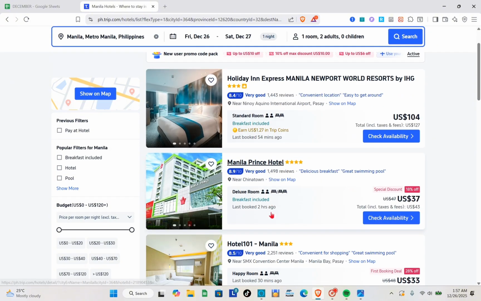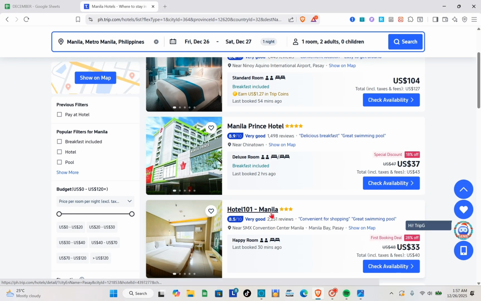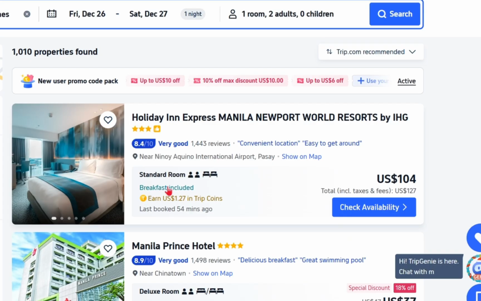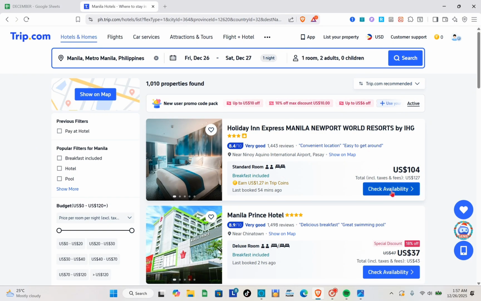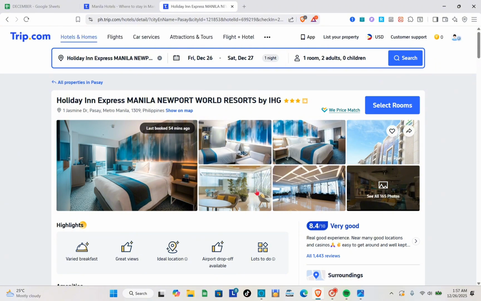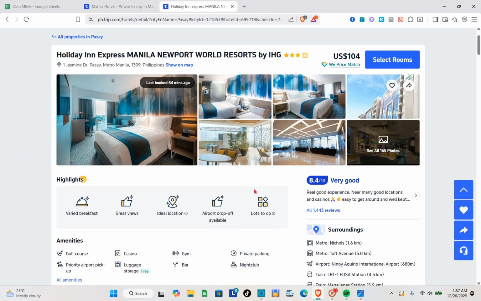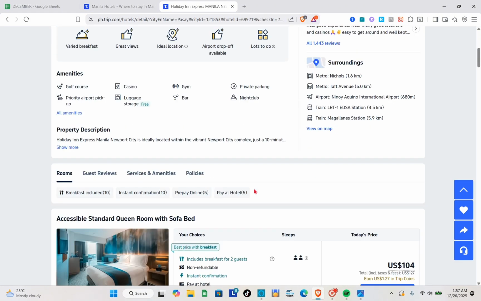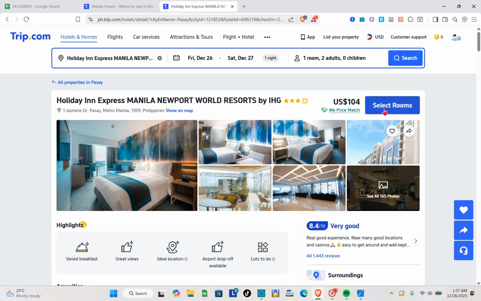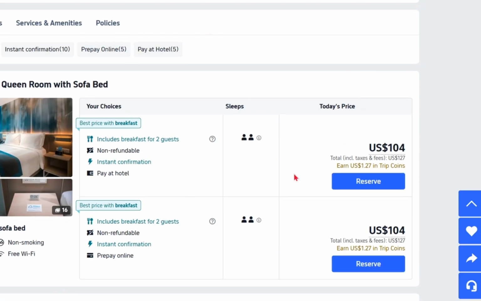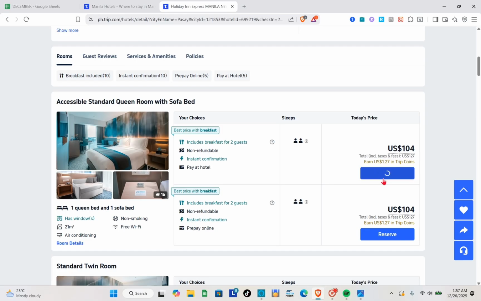Okay, and then you'll be able to see here now the different hotels that you can book. For example, we want this one, so we can clearly see here the price of this hotel. So to check the availability, tap on this button, and then here are the images for this room. Then after that, you just have to select your room. For example, we want this one. So tap on the reserve option,